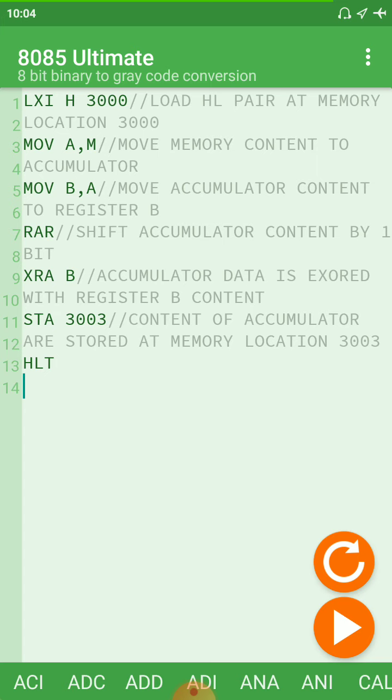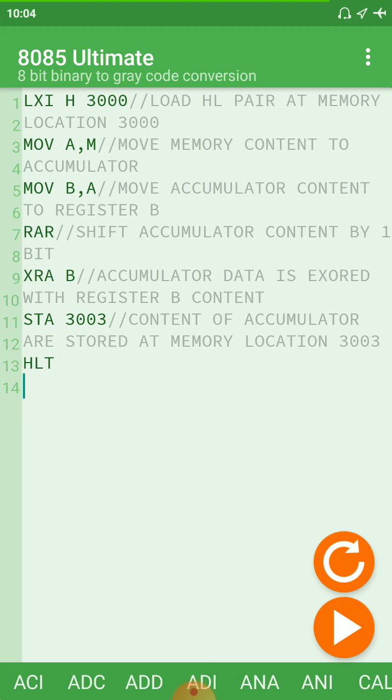So after 01, you can write the next number like 00, 01, 11, 10. In this sequence you can find that the numbers are achieved only by changing one bit. Okay, one bit is changed to get the next gray code.